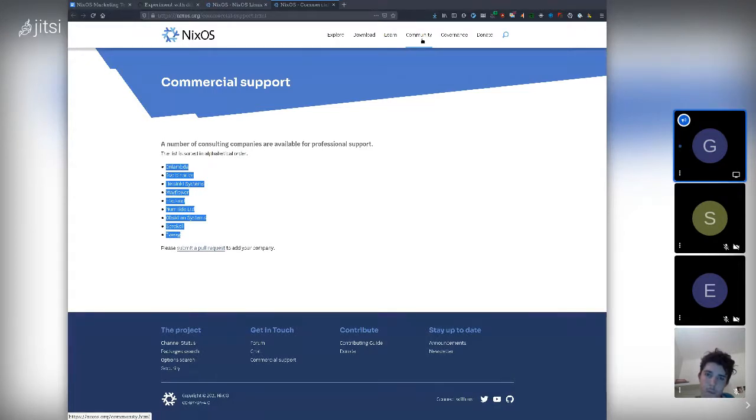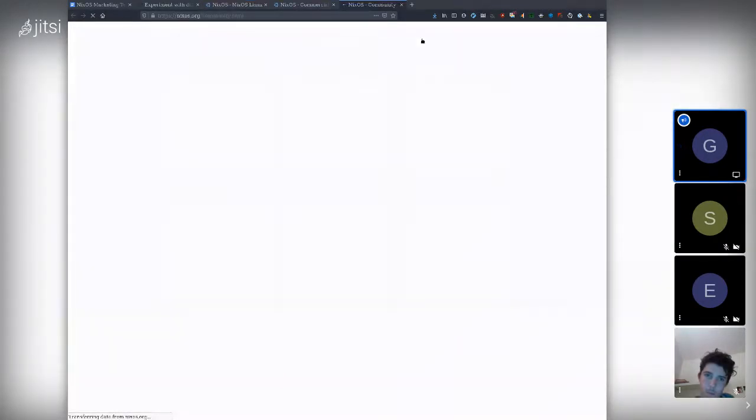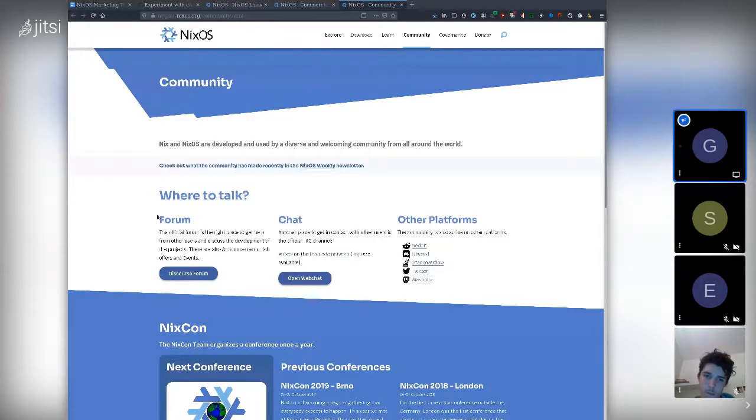So that when somebody is looking for help, they can also search, with a more commercial part of the search. If I go back to the community page, here you usually ask where to talk, but this section, where to talk, is actually how to get help. You either get the help from the community, but part of the community is also in a commercial space. And I was thinking of adding it